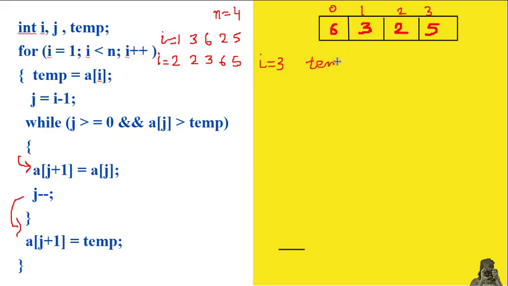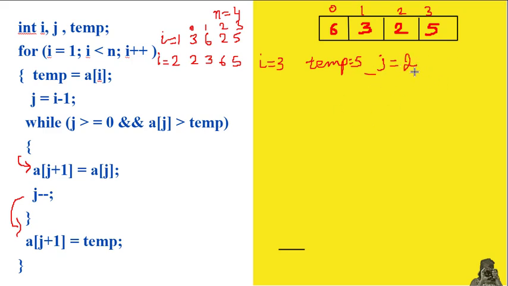So inside temp, now this is our current array. So we will consider this array. So onto this index, these are the index values: 0, 1, 2, 3. So temp is storing a of 3. So a of 3 is having 5 here. So this is our current array. So we need to consider this. So temp is storing 5 value. Now moving to next, jth value is I minus 1, which is 2 here.